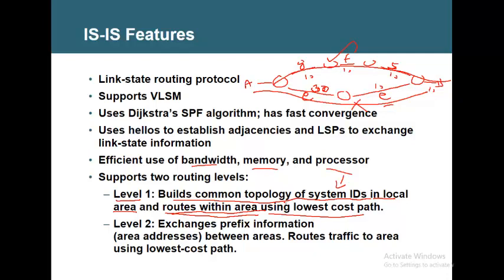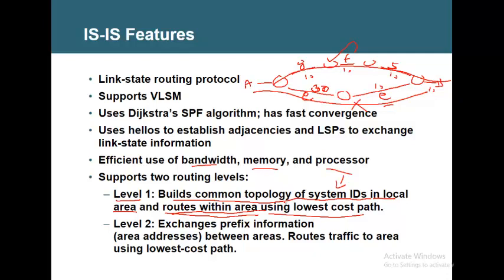What do we have to reach the local net destinations within the area? We have type 1 and type 2 info. Using that only, you reach the destination within the same area. Will you use type 3 LSAs to reach the networks within the same area? No. It is type 1 and type 2. Similarly, it is the L1 adjacency and L1 advertisements.